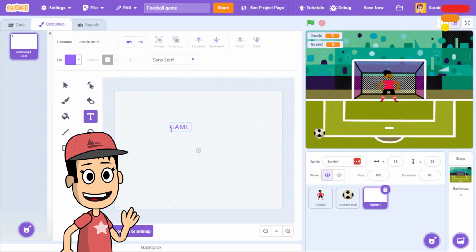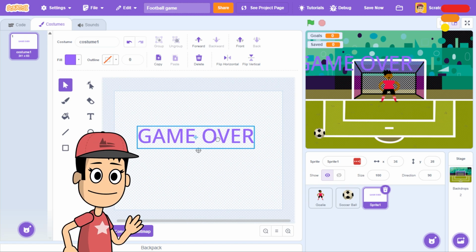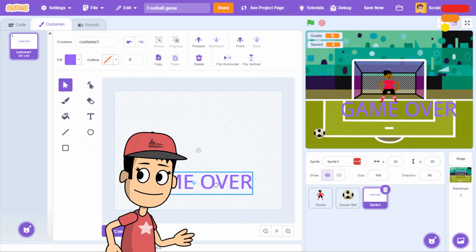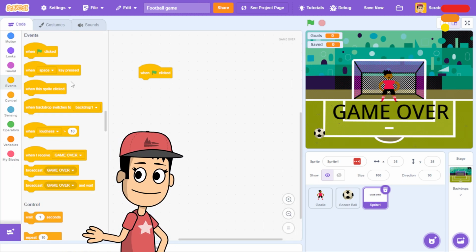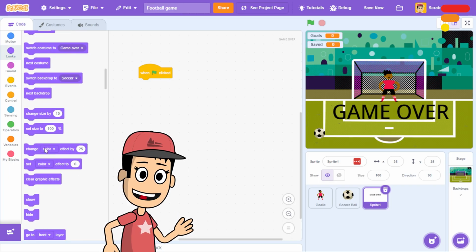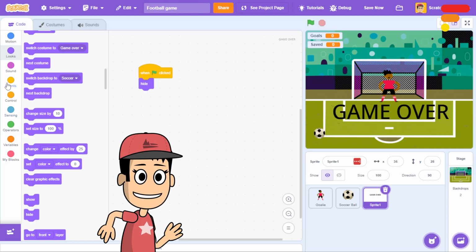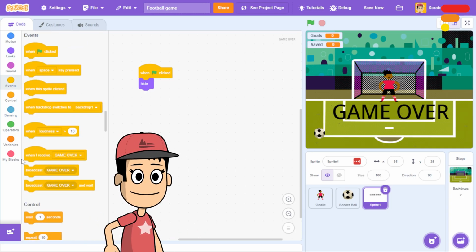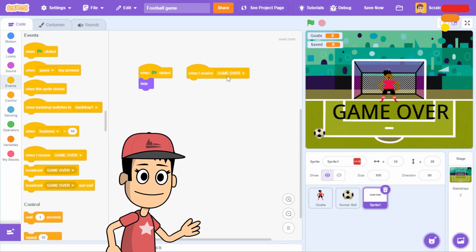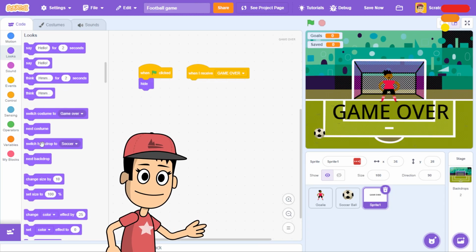You can choose the font, color, size, etc. Set its position. Then in its coding area, add the when flag clicked block. Below it, add the hide block from the looks tab, so it hides as the game starts. Then add the when I receive Game Over block and place the show block.